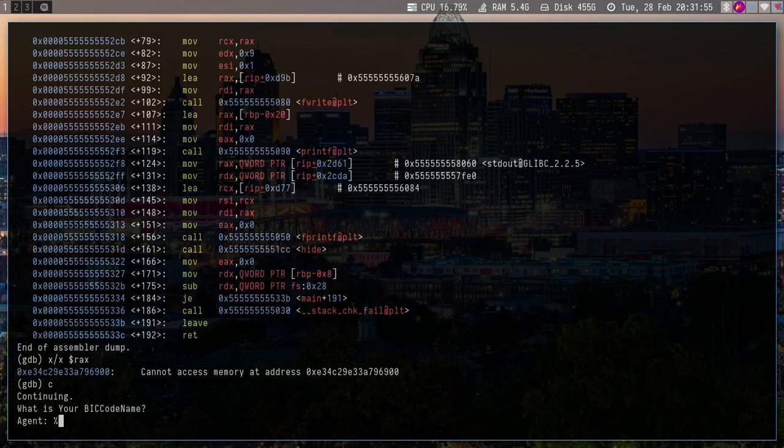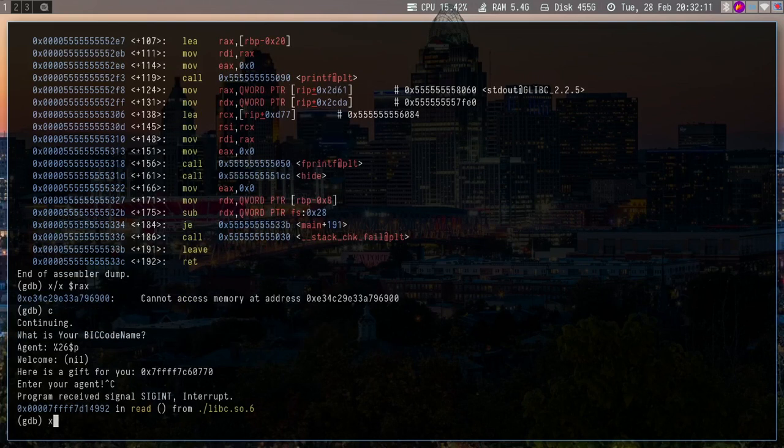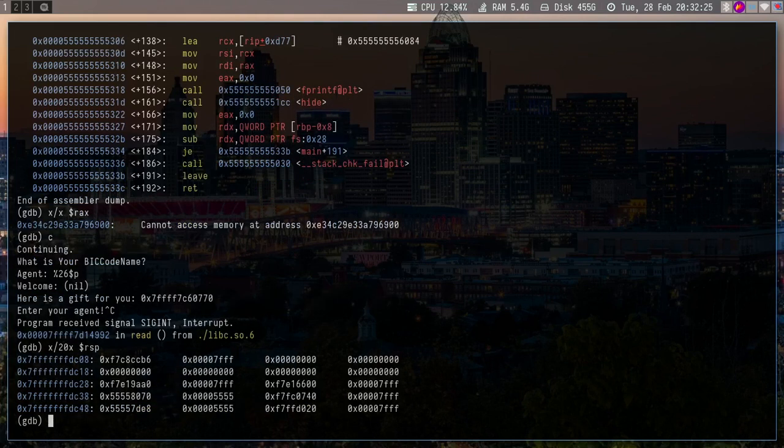Maybe from 26 or something of the sort. So the 22nd number we get is nil, and that's okay, but we can break there and then try to get these addresses from the RAX or the RSP. So we need like 20 addresses from the RSP, and basically since this is a 64-bit binary,